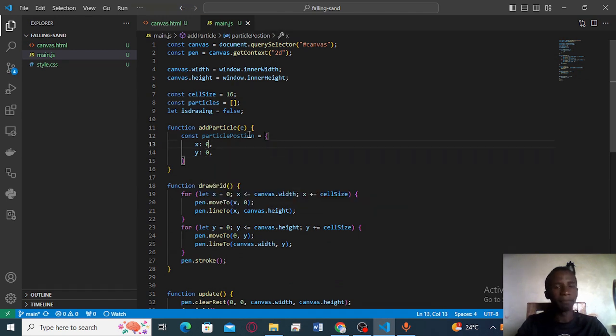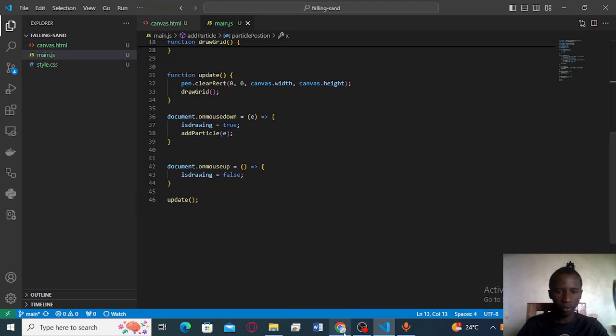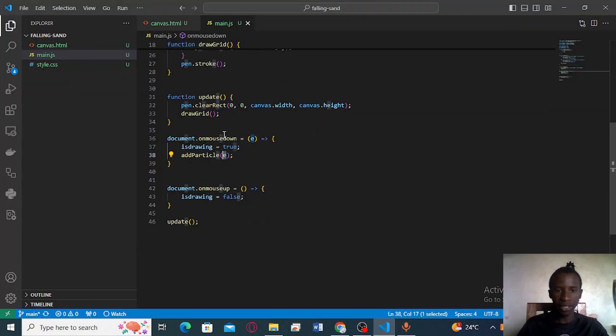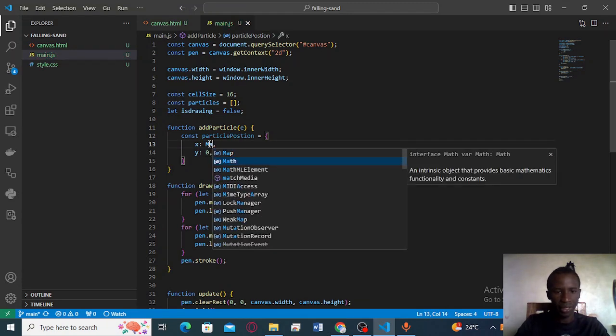Then we can now actually get the actual position. The 0 and 0 is just a placeholder. We can get the actual position of the particle, so that when we click anywhere on the screen, we are going to pass that event to the add particle function. Then we can use the position where we clicked to get the position where we're going to add the particles. So particle position is equal to the